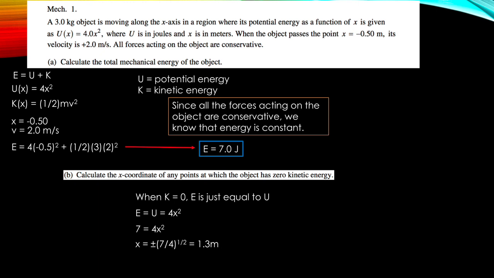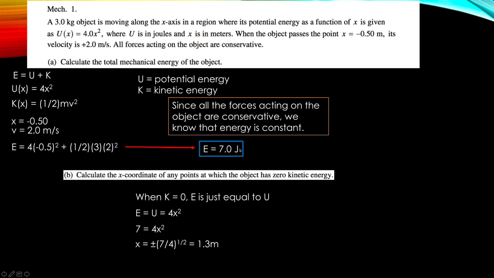So if you remember, E is equal to U plus K, and U is the potential energy, K is the kinetic energy. In the question, it gives us that U of x is equal to 4x squared. The general formula for the kinetic energy is half mv squared. And they give us in the question that x is equal to negative 0.5 meters and v is equal to 2 meters per second. So you can just plug that into this equation. Plug in x here and v here, and they give us that the mass is 3 kilograms, so we can put 3 kilograms as m, and once we plug all of that in, we get E is equal to 7